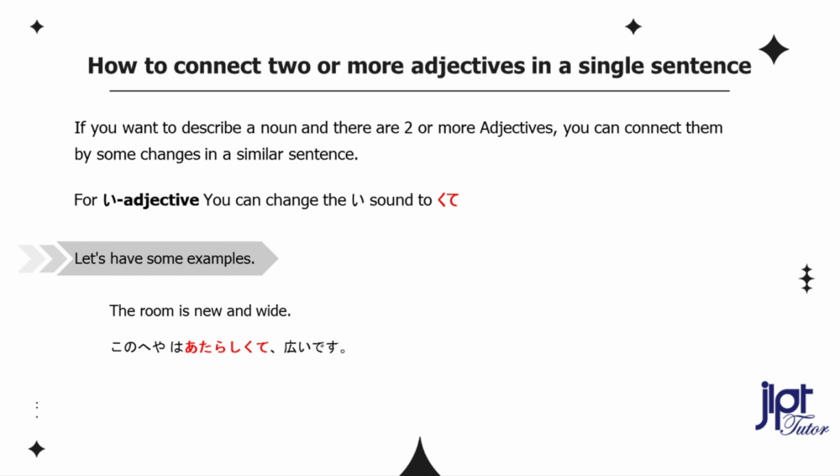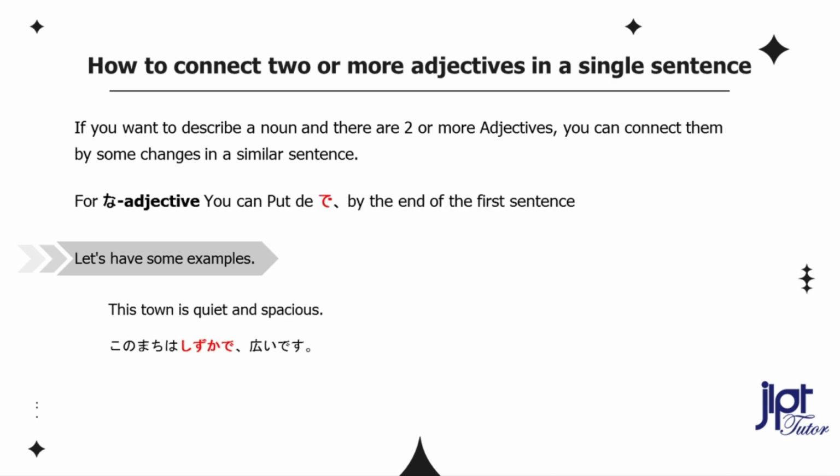How to connect two or more adjectives in a single sentence. Now let's learn about how to connect two or more adjectives in a single sentence in Japanese. If you want to describe a noun and there are two or more adjectives, you can connect them by some changes in a similar sentence. For e adjective, you can change the e sound to kute. Let's have some examples. The room is new and wide. この部屋は新しくて広いです。